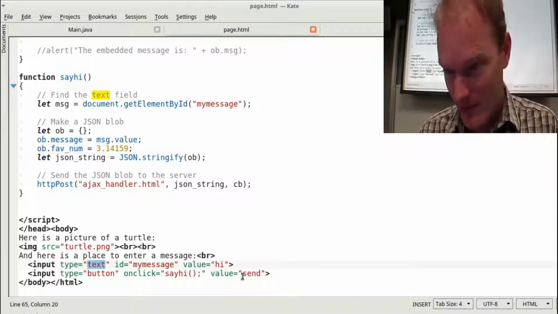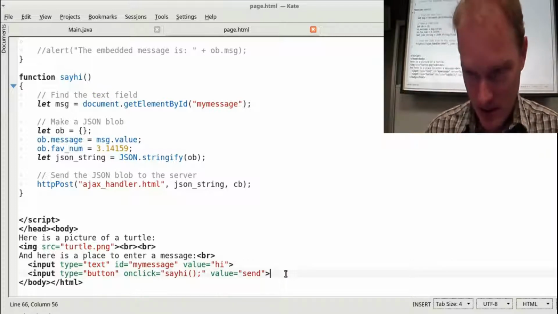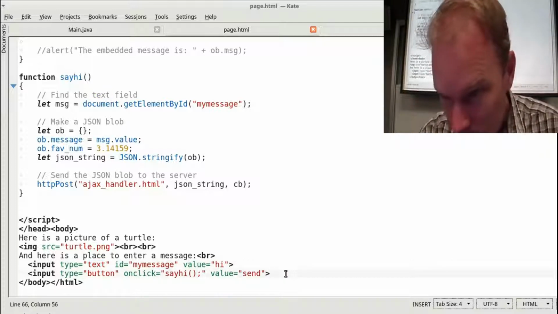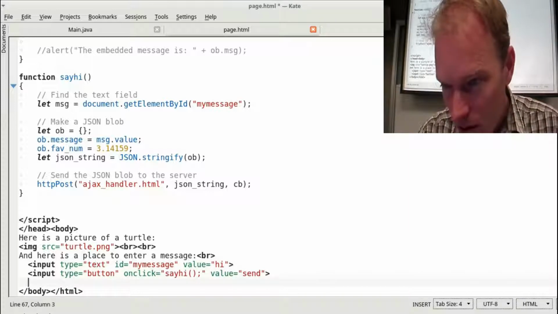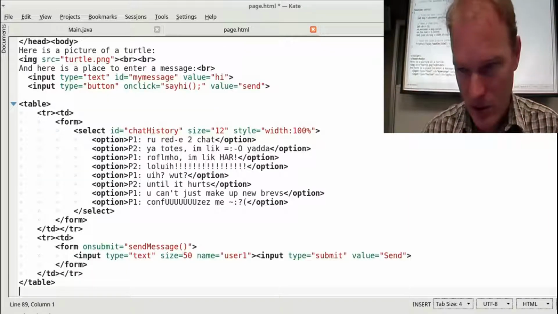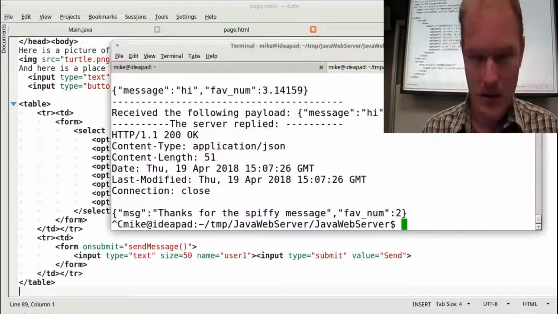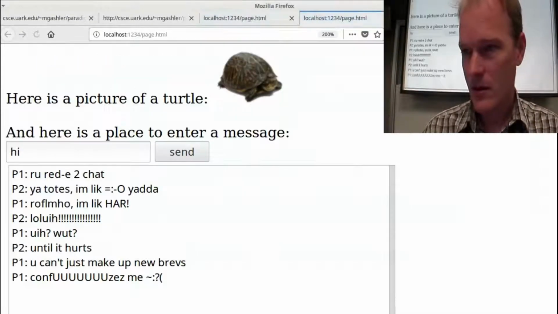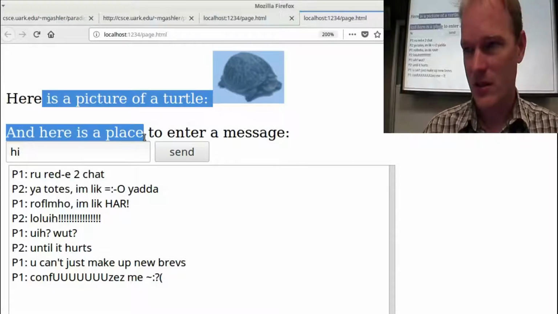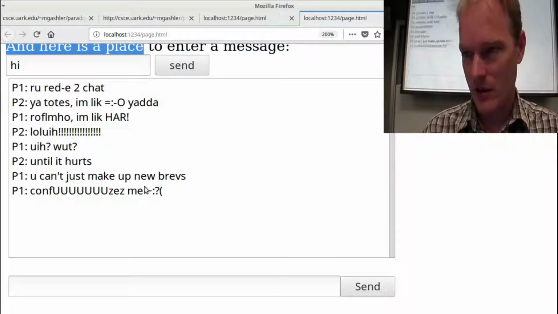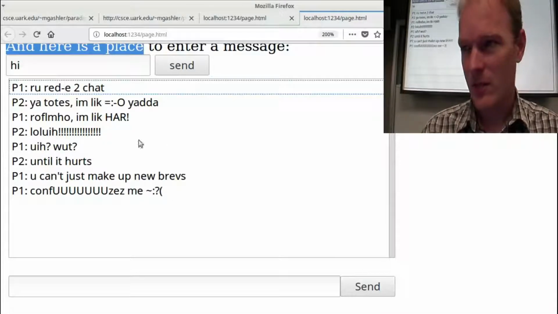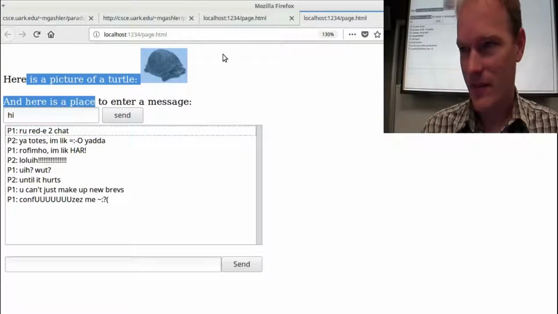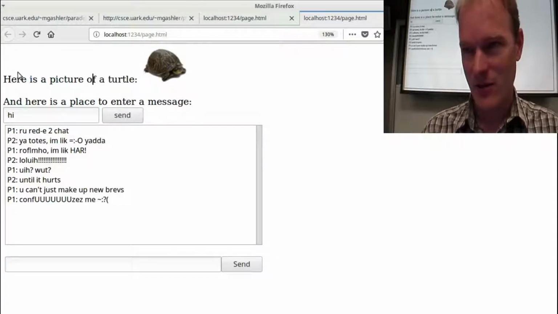So how about right there? Now if I run my program, look, I've got a bunch of stuff and a chat window. Wow, now there's too much stuff. In fact, I don't want all of this extra stuff with the turtle.